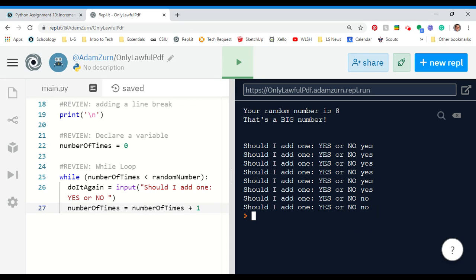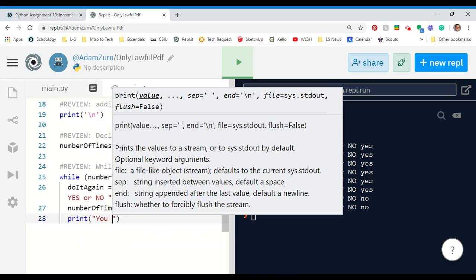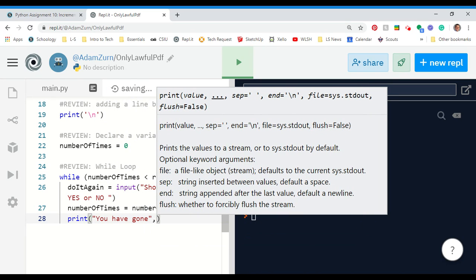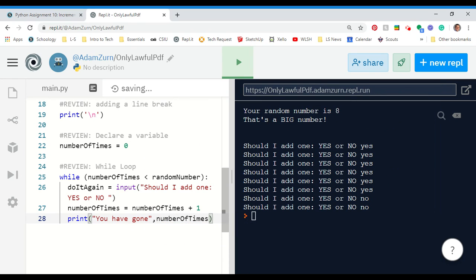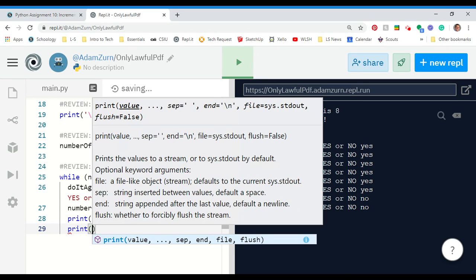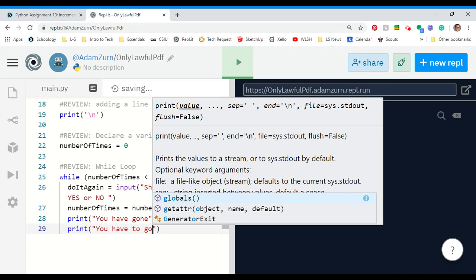But from a user's perspective, we don't really know what's going on. So let's just add a little bit more to this, just so we can see what's happening in the background as it's working. So I'm going to add another print statement and say, you have gone, number of times. And so that at least will tell us how many times we've gone around. So that's definitely got some benefit to us. And wouldn't it be nice to know maybe how many more times we have to go as well? So, hey, print, you have to go